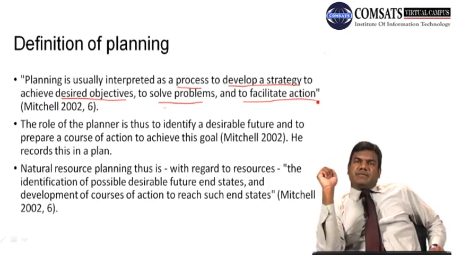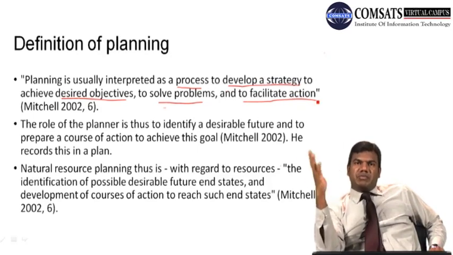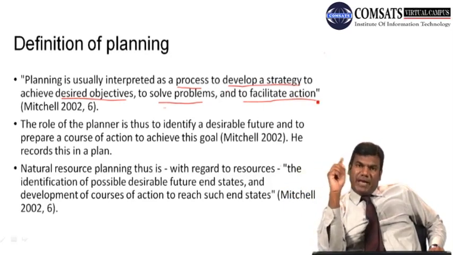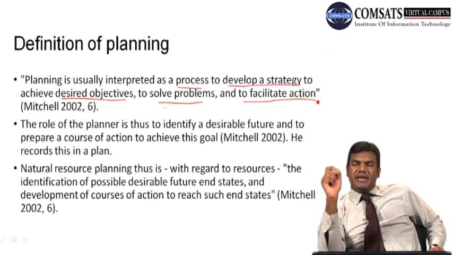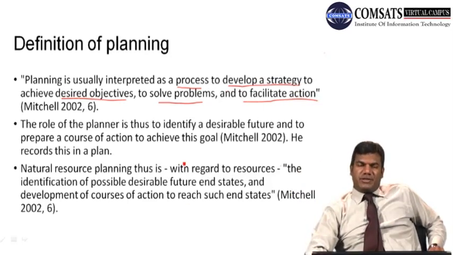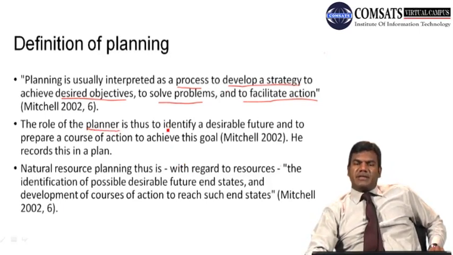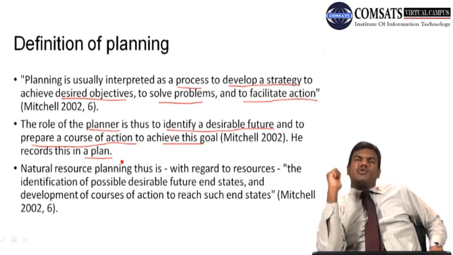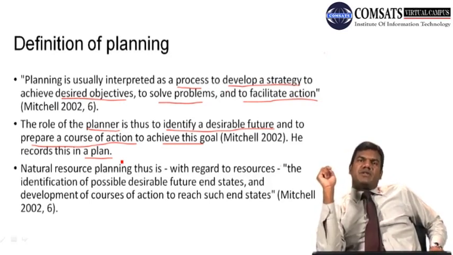Planning करनी किसने है? A planner has to go for planning. ठीक है ना? Planner will be doing it. Now planner क्या करता है? That he will identify desirable future. That's it. पहला चीज planner. Second आपका क्या आ जाता है, that he identify a desirable future and to prepare a course of action to achieve this goal. He records this in a plan. Okay. Now the person who is doing planning, he is basically a planner. And when he say